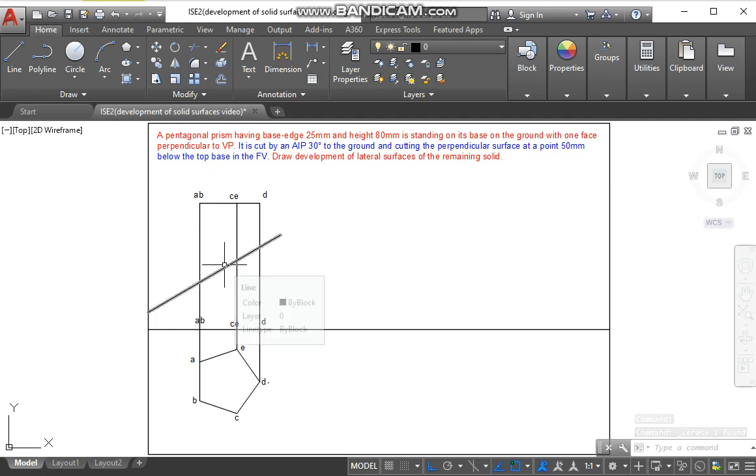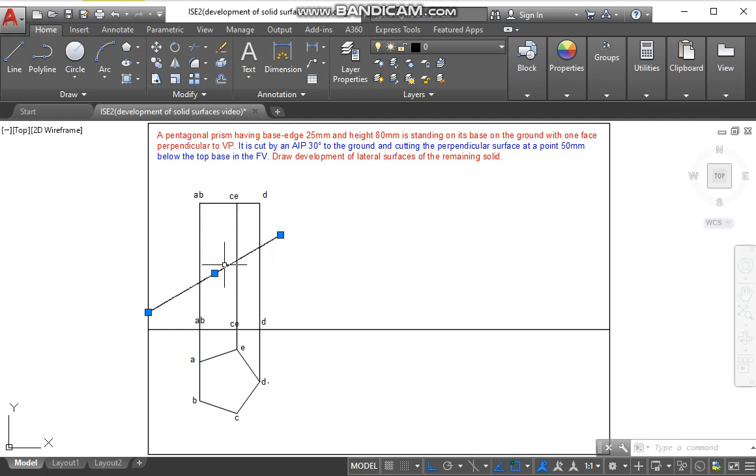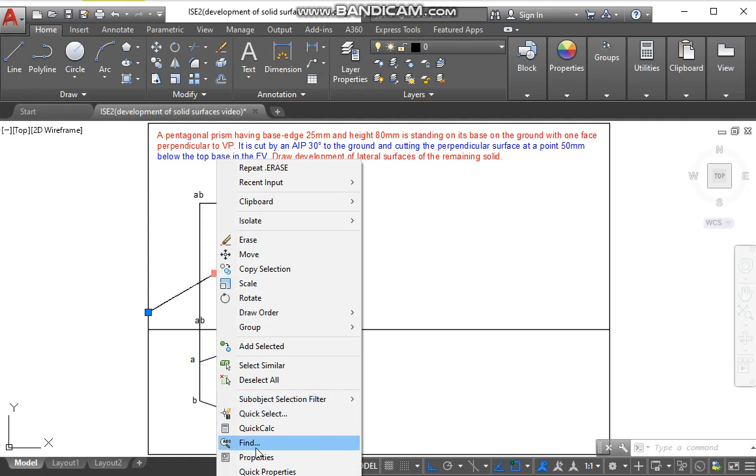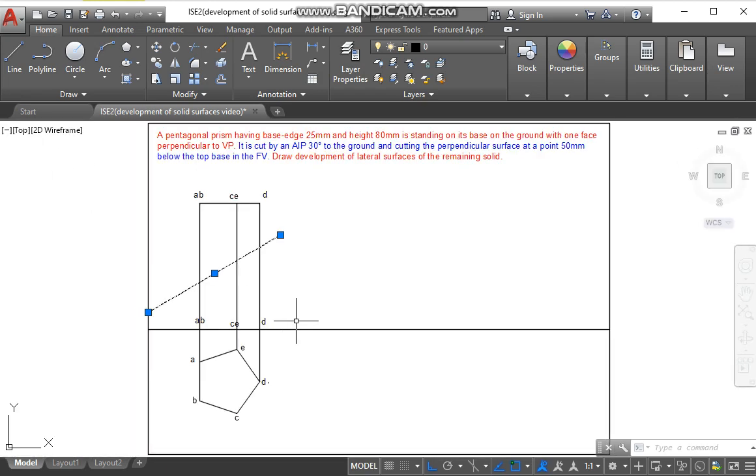So as it is a section line, we have to convert it into the phantom line. If the phantom line is not visible, we can change its properties and set line type scale to 5. So now the section line is visible.